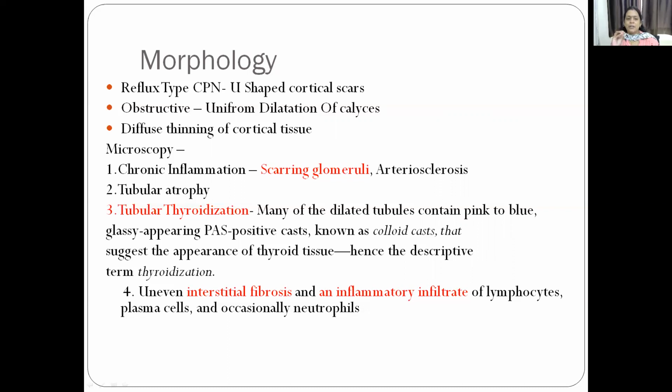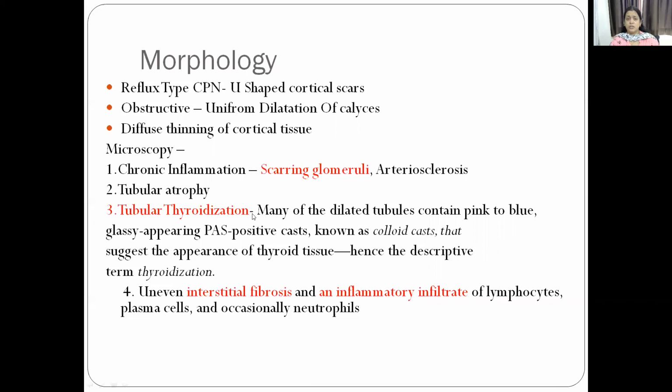Okay, so remember the things. What are in the renal parenchyma? Glomeruli, tubules, interstitium, and arterioles, right? So for glomeruli, you should say scarring; tubules, tubular atrophy and tubular thyroidization; interstitium, fibrosis and inflammatory infiltrate. Then arterioles, arteriosclerosis. So the chronic inflammation is causing the scarring of the glomeruli, arteriosclerosis, I told you, tubular atrophy,